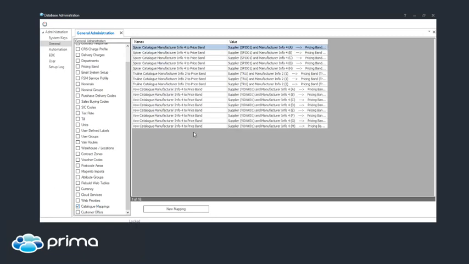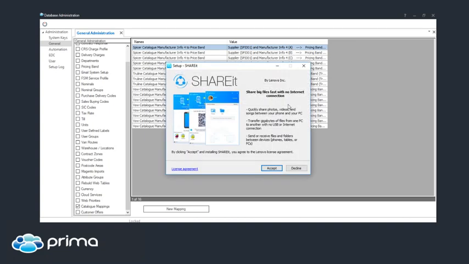So they've already been set up for this database, but what it enables you to do is when it recognises either, you can see the Spices catalogue at the top here has been imported, it will automatically map the products that have the manufacturer info for letter A to the relevant pricing band. So if I just double click on this,